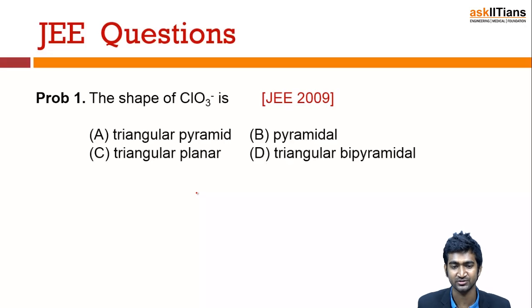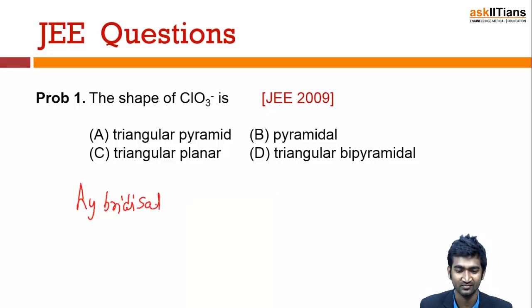This is the first question, guys. The shape of ClO3 negative ion is what? Now in these questions, always try to find out the answer with the help of hybridization. Because you know that if this is sp hybridization, then what can be my shape? sp2, sp3, sp3d, right? So if you check here, your Cl is in +5 state, guys. So obviously this will be a case of sp3 hybridization,